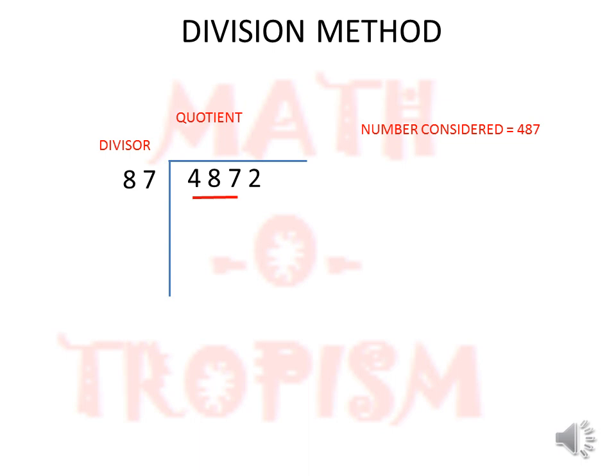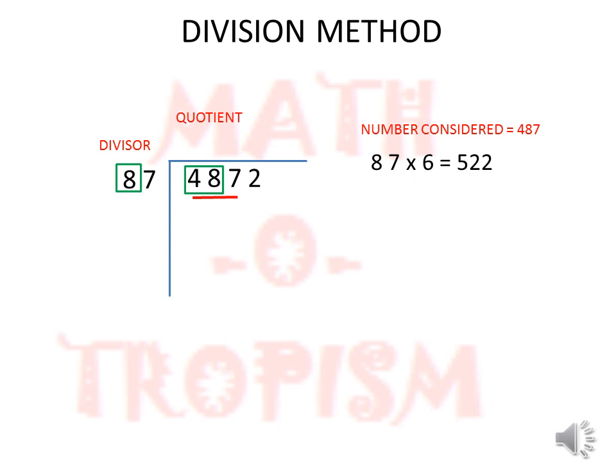Now, in this number considered, to find what multiple is going to come, we will first take just the first two digits 48 and take the first digit of the divisor, 8. Now, where does 48 come nearer to in the 8 table? We know 8 6s are 48. So, I will start with 87 into 6 so that I can get an easier idea of where to start. So, what is 87 into 6? It comes to 6 sevens are 42 and then 4. So, 6 eights are 48 plus 4 is 52.